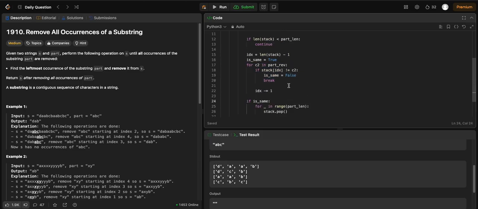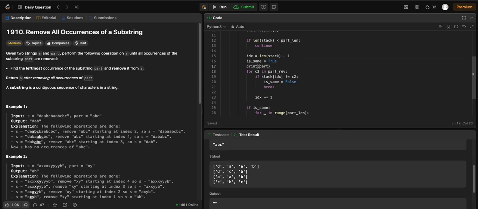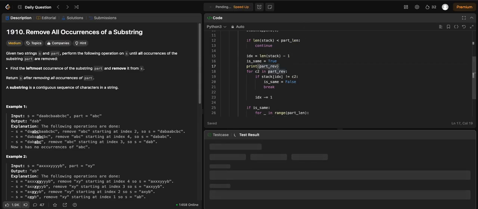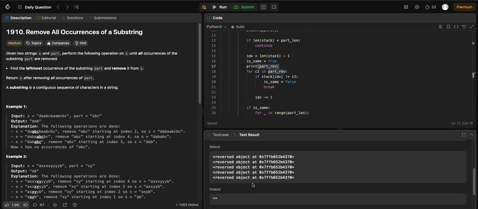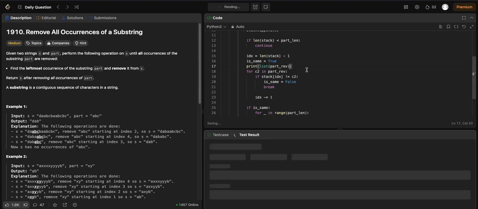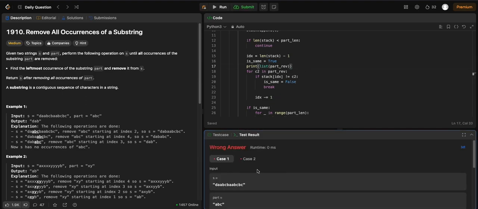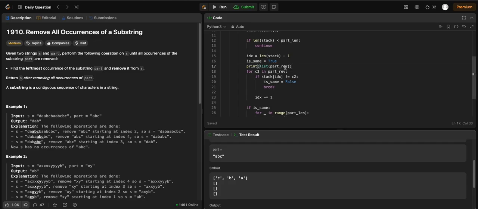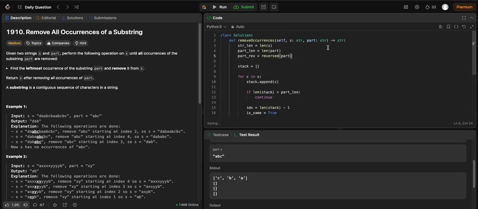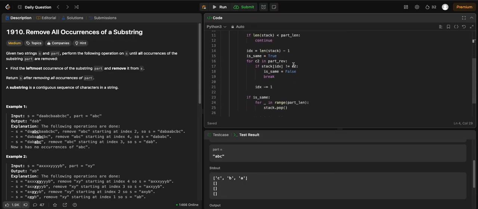And well, let's figure out what is wrong here. So can we print part ref? I think we cannot because it is an iterator. Can we? Yeah, we'll just turn it into a list. Surely that helps. Yeah. I see my mistake. So like for an iterator,